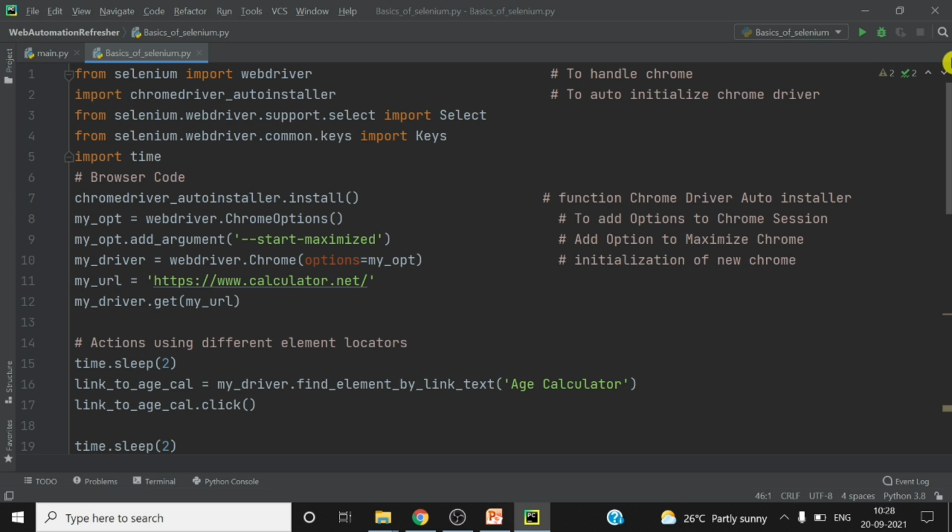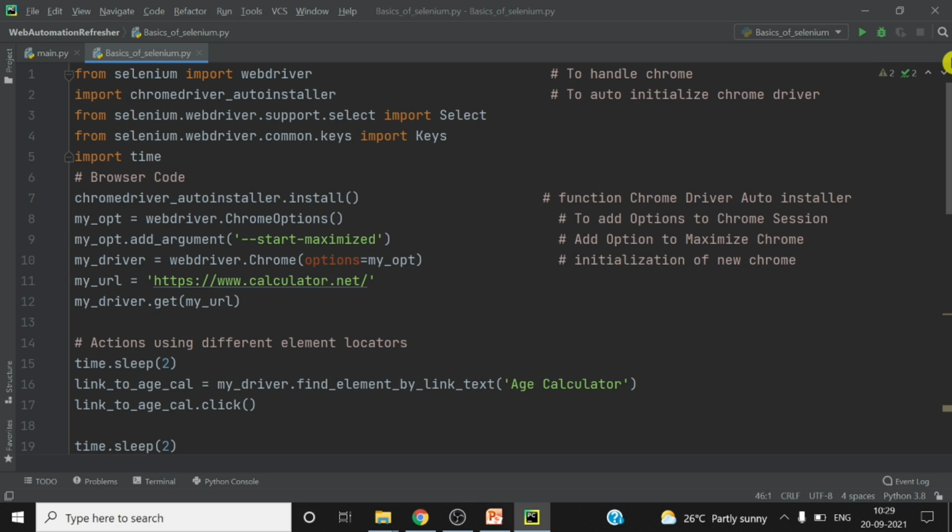So I am using the PyCharm IDE. If you are not sure how to use PyCharm, then there is video number 2 on my YouTube channel. You can watch that video and understand how to download PyCharm. And in video number 3, you can understand how to add required libraries in PyCharm. If you want to write the same code in Jupyter Notebook, there is video number 8.7 on my YouTube channel.